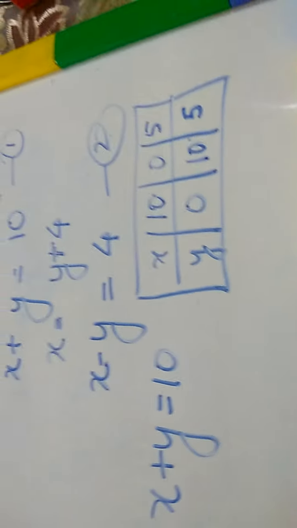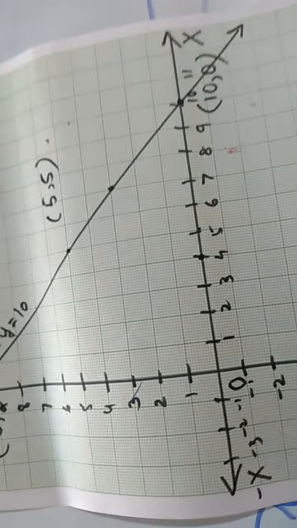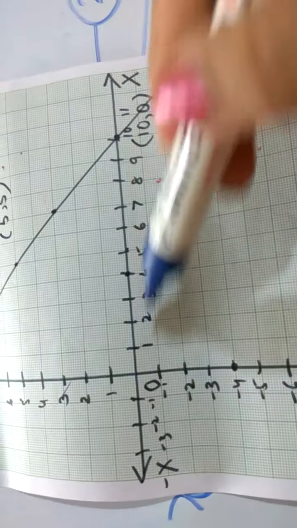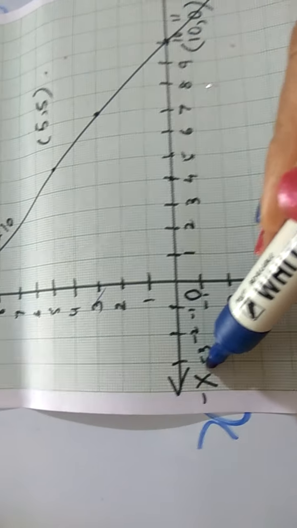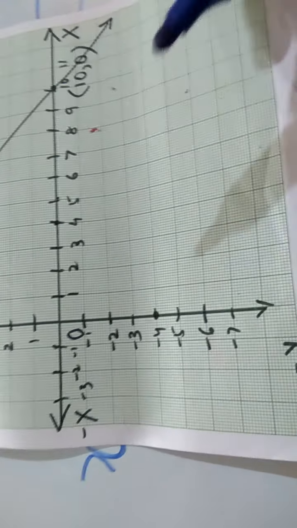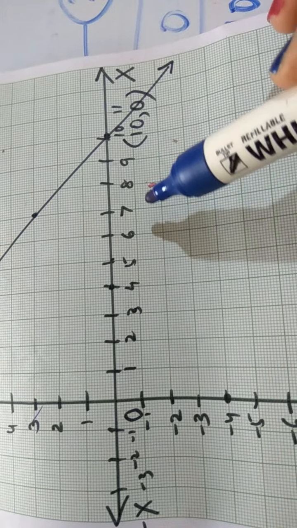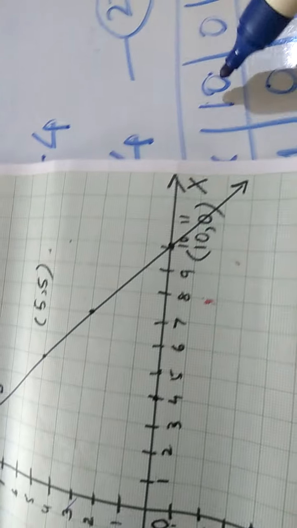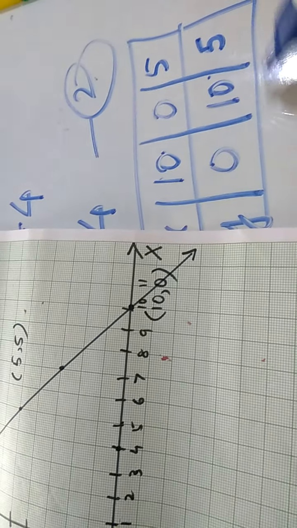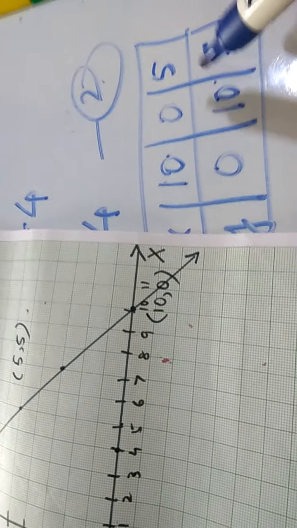Now let's see how the graph is being plotted for the situation. So this is the graph. First we will make the coordinate system, the x-axis and the y-axis. This is the positive side of x, this is the negative side of x, positive side of y and negative side of y. Then I have taken points up to 11 here and up to 11 here also, because we will need that many points. So we can have an idea how many points we need to take from this table.